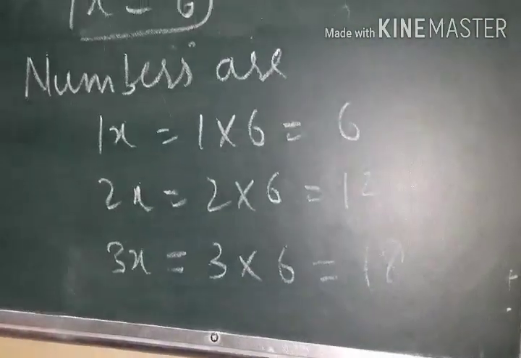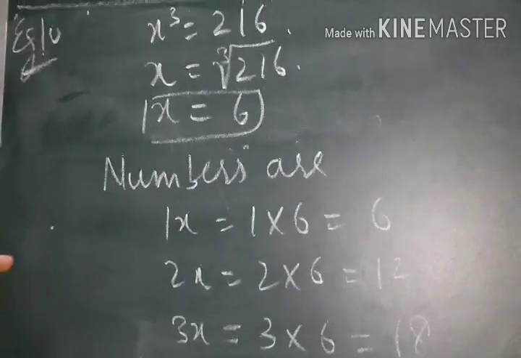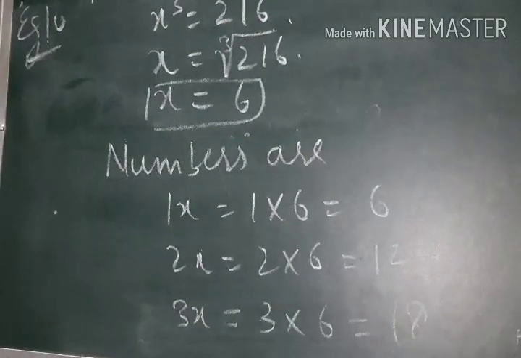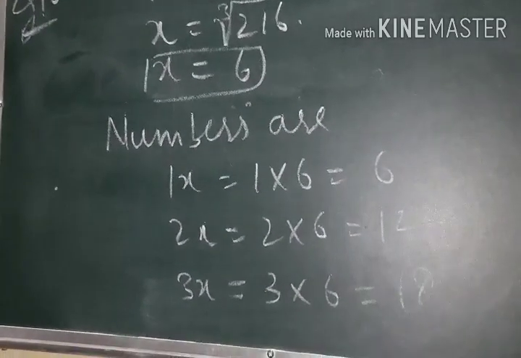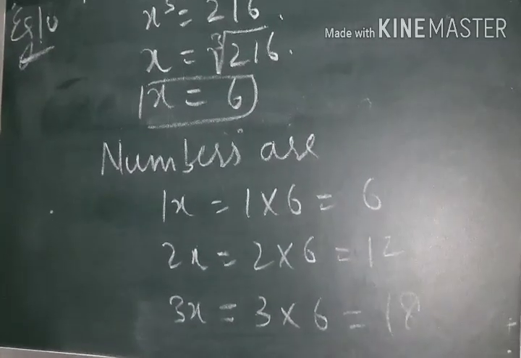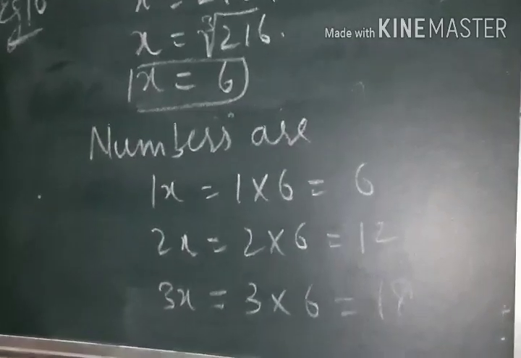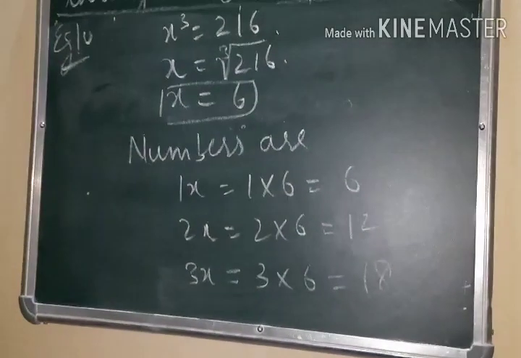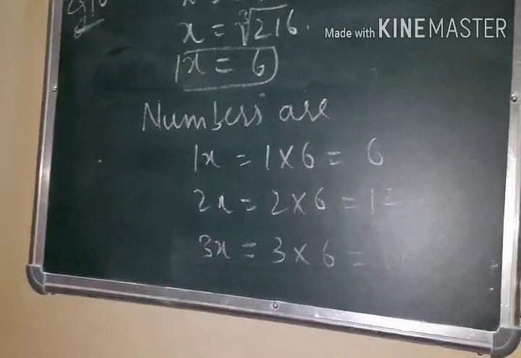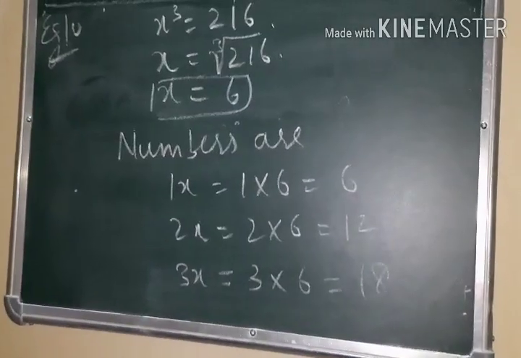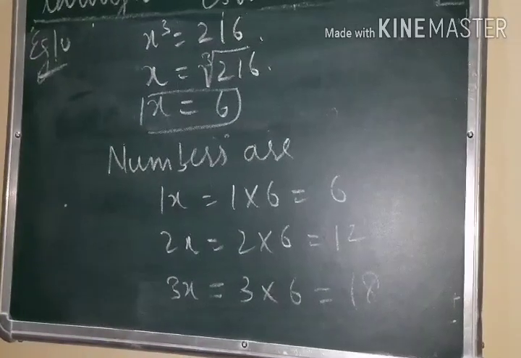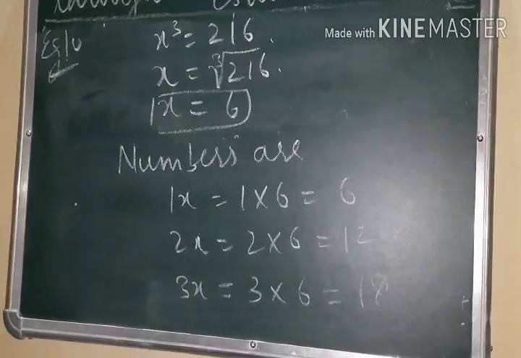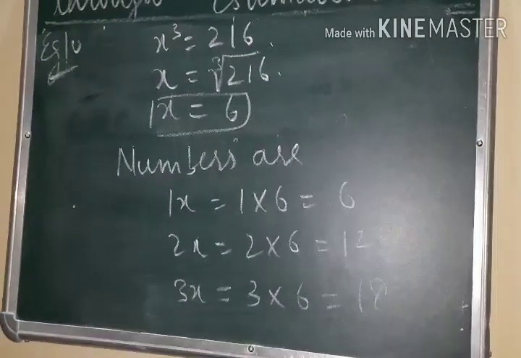Now all the questions of the exercise are based on these 9 examples only. The first question I gave as homework yesterday. The rest of the questions you will try yourself today. Okay? All these examples are also to be done in the notebook. Plus you will do all the questions. You will try all the questions because no question is different. All the questions are exactly similar to these examples. So I have made you understand all the examples. You can do the exercise yourself today.